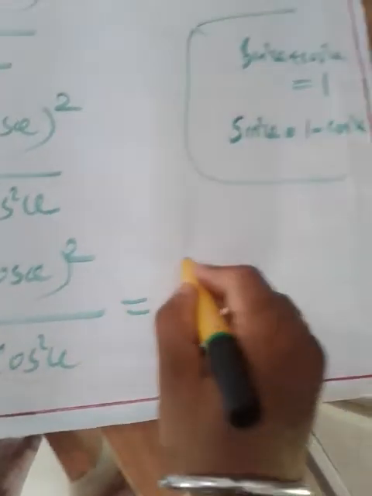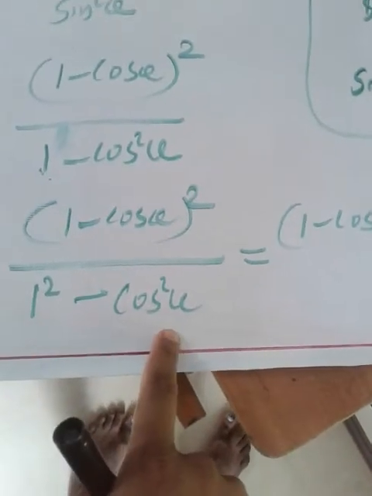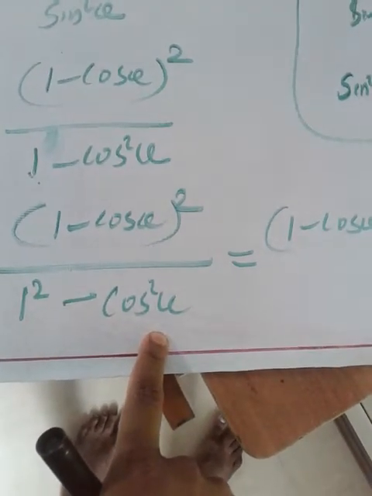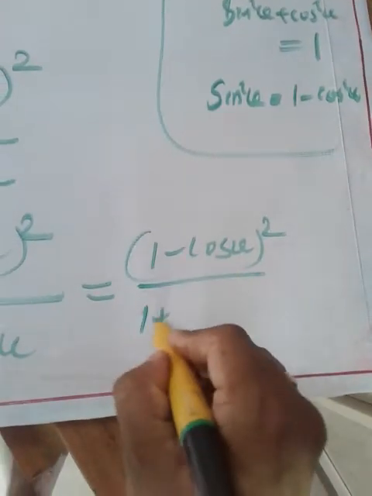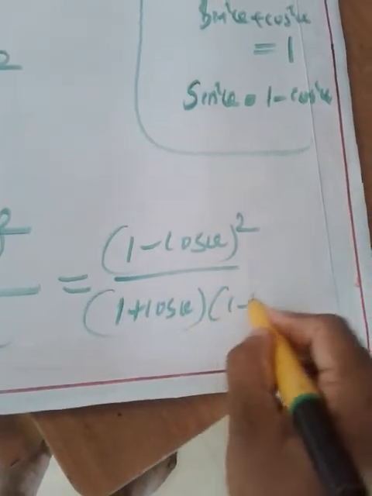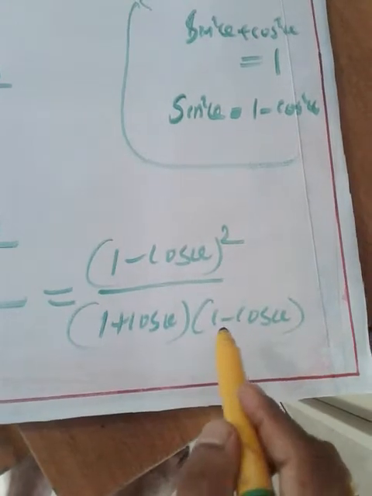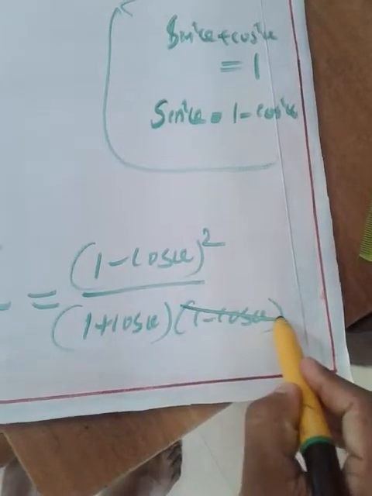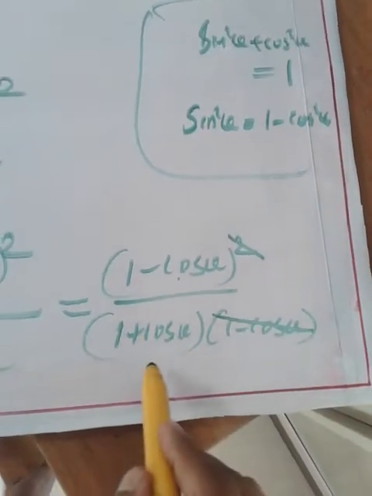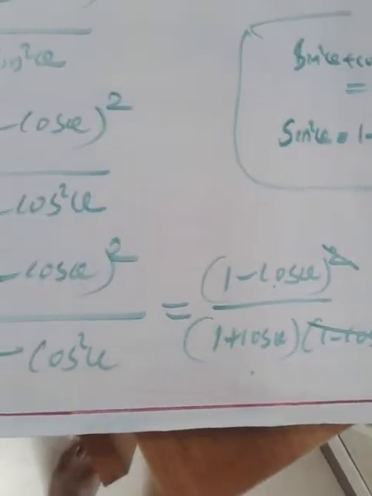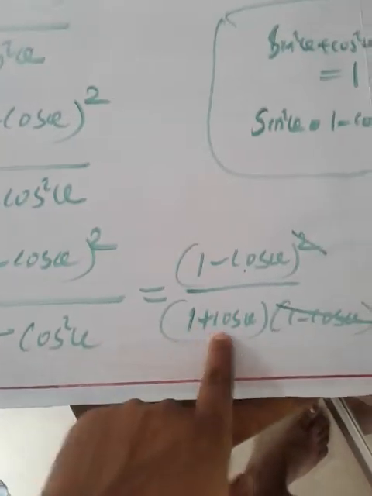Now we just see, 1 minus cos theta all square, numerator as it is. The denominator came in the form a square minus b square. What is a square minus b square? a plus b into a minus b. So what can I write? 1 plus cos theta into 1 minus cos theta. And now it is 1 minus cos theta whole square, which is 1 minus cos theta times 1 minus cos theta. So I can cancel 1 minus cos theta from here and here. So what will remain? 1 minus cos theta divided by 1 plus cos theta will remain. You may understand. Once again repeating. See, here I changed it as a plus b into a minus b.